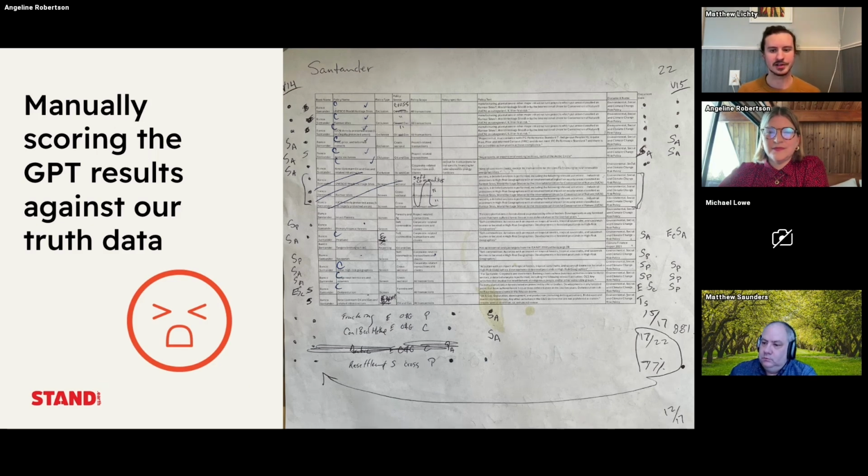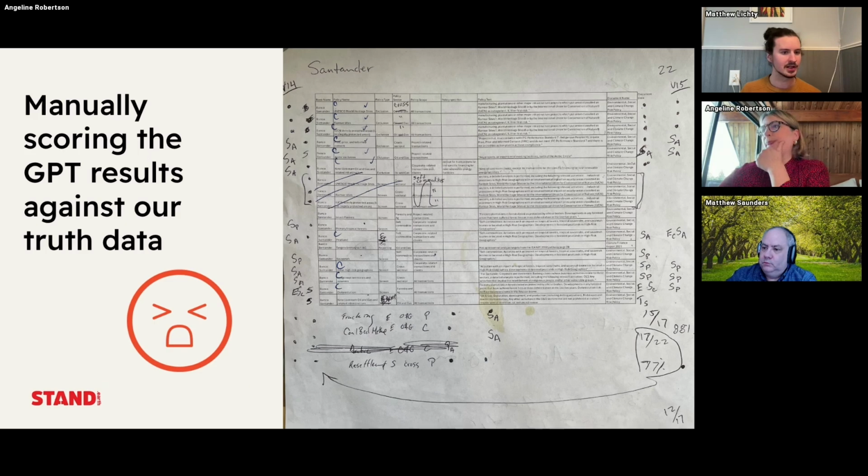When there were wrong answers, he would look into the bank's policy documents to get a sense of why policies were missed or why it got a certain classification wrong. This was a great approach to get started refining our prompts in ChatGPT. It was improving our custom GPT's performance, but it was slow and labor intensive. So eventually, with the help of our data science coach, we wrote Python code to automatically do this process of checking results against truth data so that we could more quickly iterate through new prompt engineering ideas. Next,